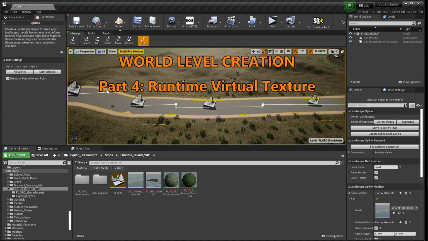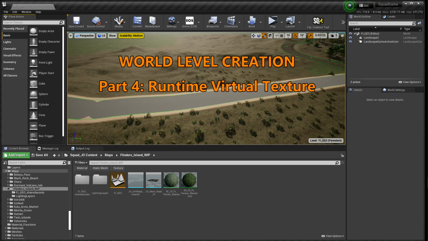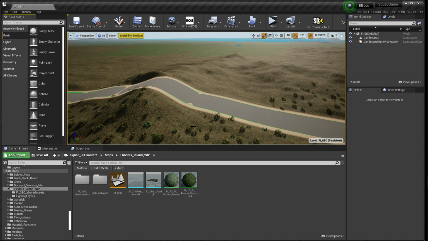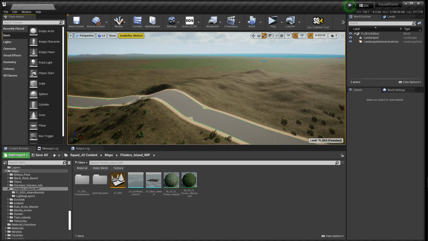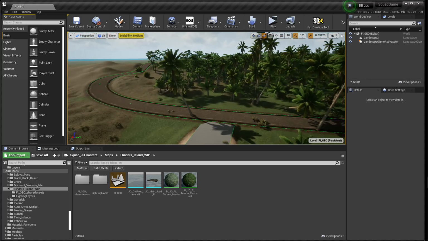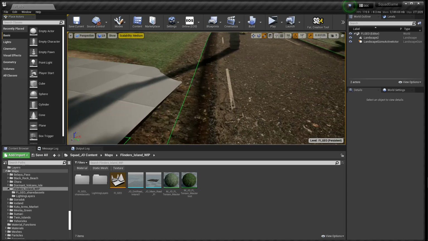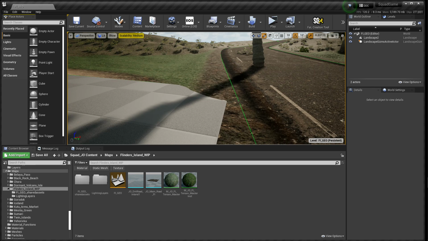Okay, in this section of the videos, I'm going to show how to set up the RVT, or real-time runtime virtual texture, for fixing up primarily dirt roads. This won't have much consequence for sealed roads, as they tend to be okay, although they can suffer from exactly